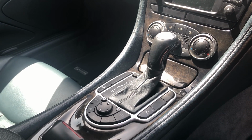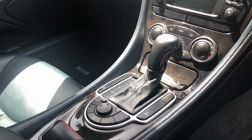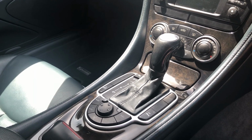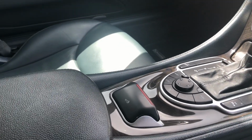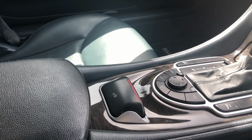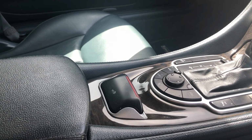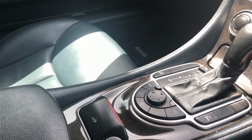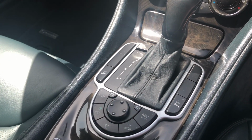They're really revvy engines that want to get high in the rev range and keep it on the boil. You really don't need to drive it like this. This is a big GT cruiser. And then the switch behind there, you pull that up and the hardtop retracts into the boot within about 12 to 15 seconds. And then there's a whole plethora of different switches around here, where you've got your parking sensors,